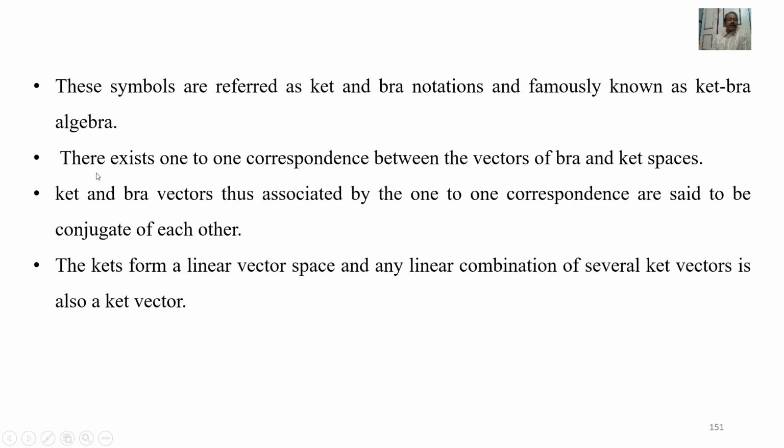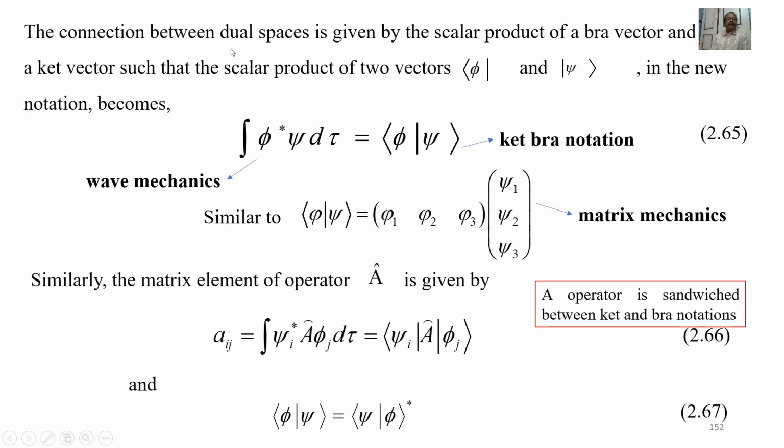There exists a one-to-one correspondence between the vectors of bra and ket spaces. Ket and bra vectors thus associated by the one-to-one correspondence are said to be conjugate to each other. The kets form a linear vector space, and any linear combination of several ket vectors is also a ket vector. The connection between dual spaces is given by the scalar product of a bra vector and a ket vector, such that the scalar product of two vectors, bra phi and ket psi, in the new notation becomes